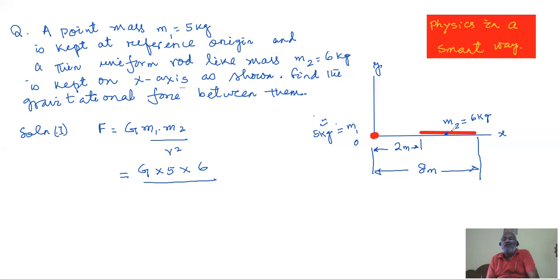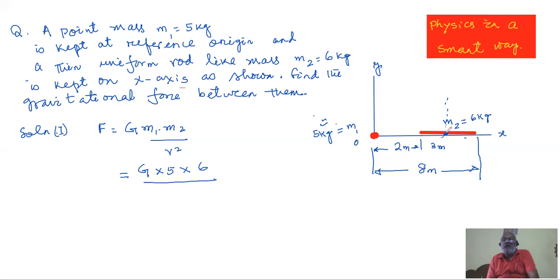Because the length of M2 is 6 meter, 8 minus 2, that is 6 meter. Its center is located at its midpoint, which is 3 meter from either end. So now from the origin, if you count the distance, that is 2 meter plus this 3 meter,